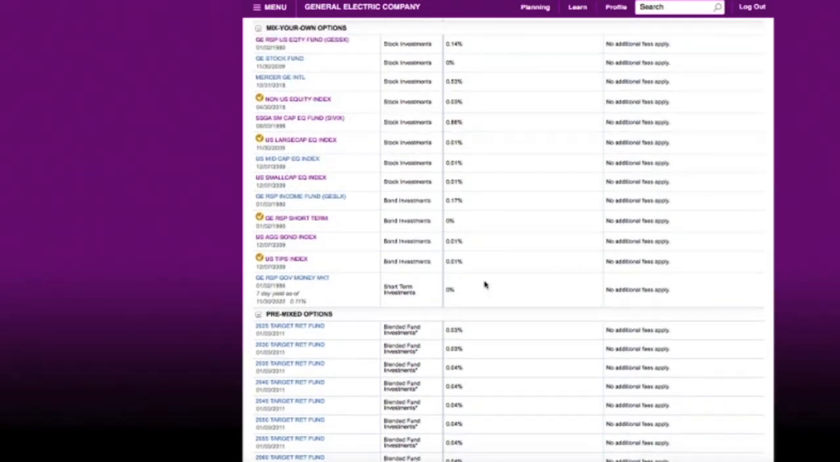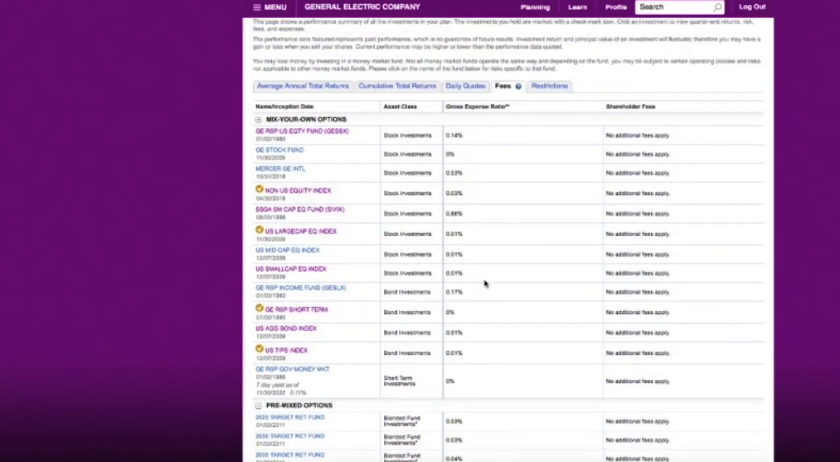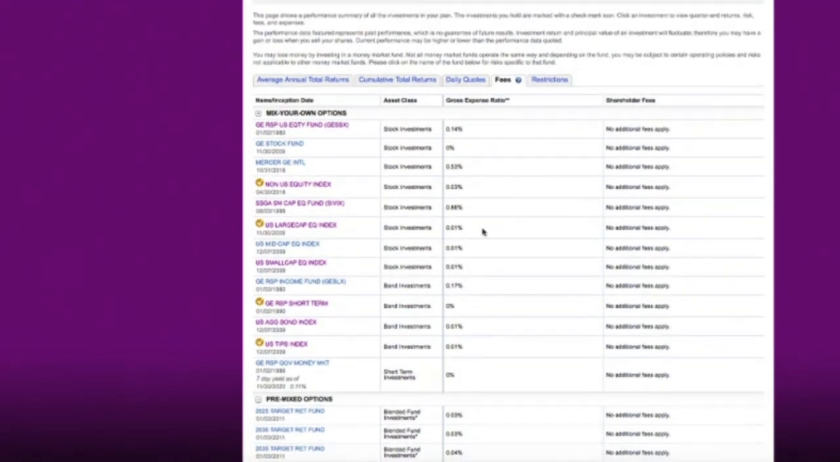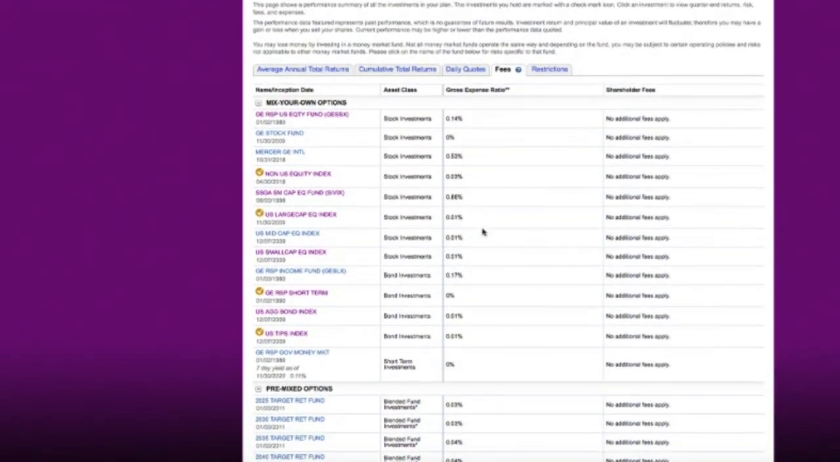The most important thing to remember about fees: the lower the value, the less money you pay in fees. So for example, this says 0%. There's no fee with this particular fund. This is a GE stock fund. So if you want to invest in GE stock, they're not going to charge you anything. However, if you want to invest in